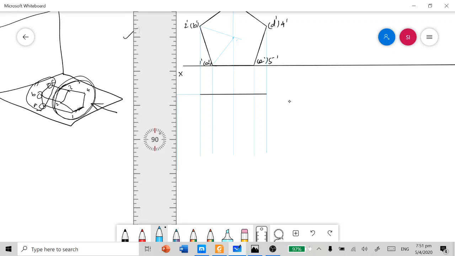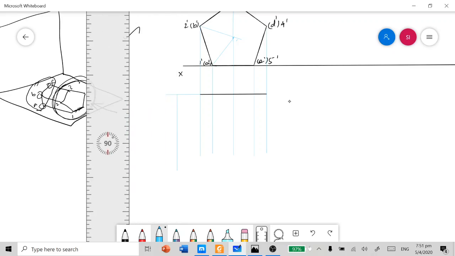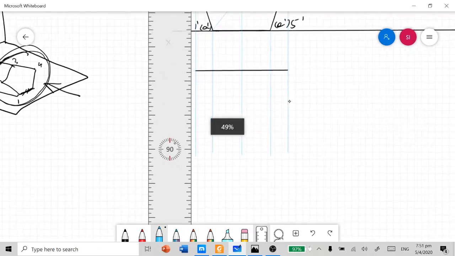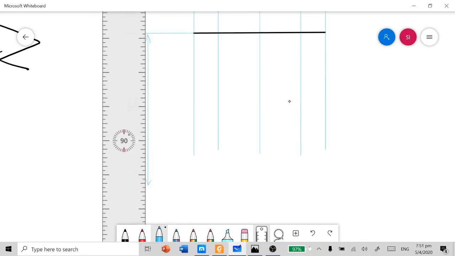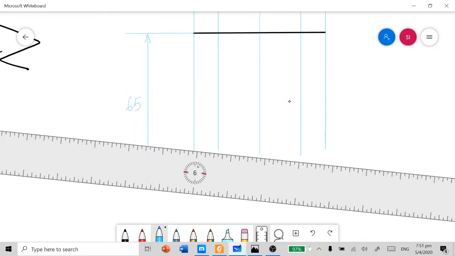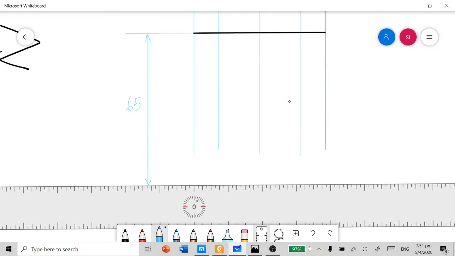So I need to plot the range of 65 mm, and for that I need to extend the projectors up to some range.